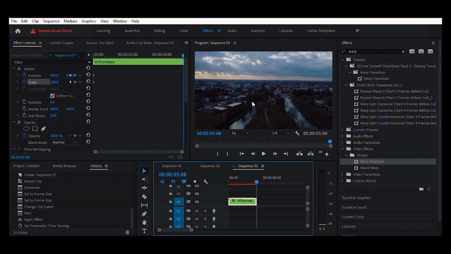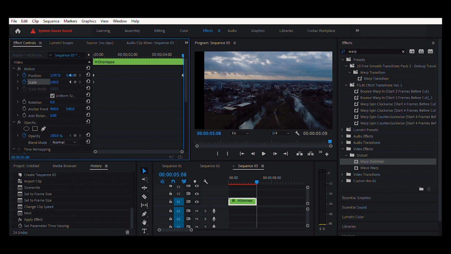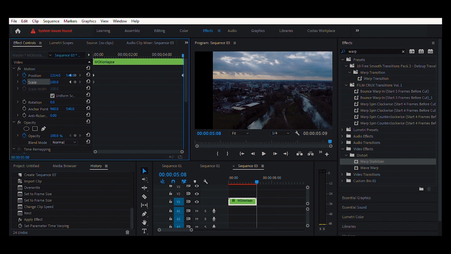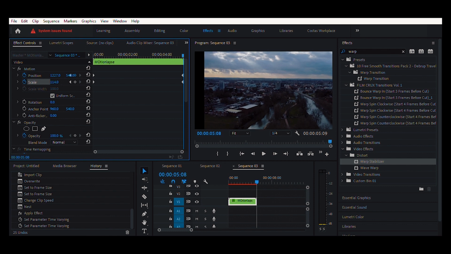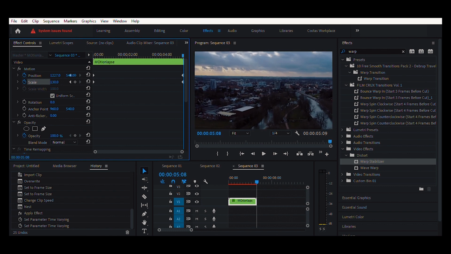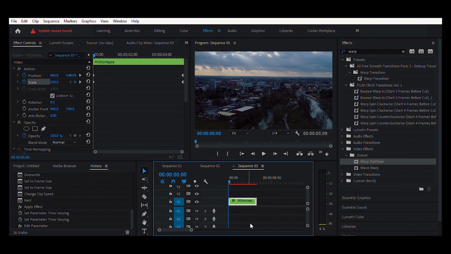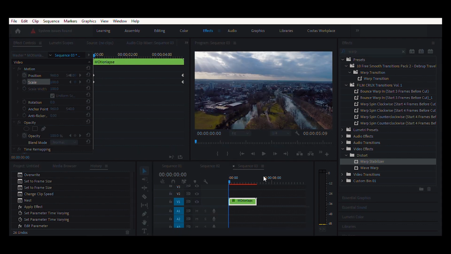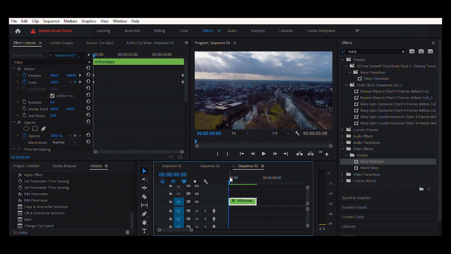So now I think I will put some panning movement to the left and maybe a little bit of zoom. So let's do that. I will want it to go to the left and a bit of zoom. So I will keep it simple for the video, and let me show you what the result is if you render it. So let's see now how the motion lapse came out.